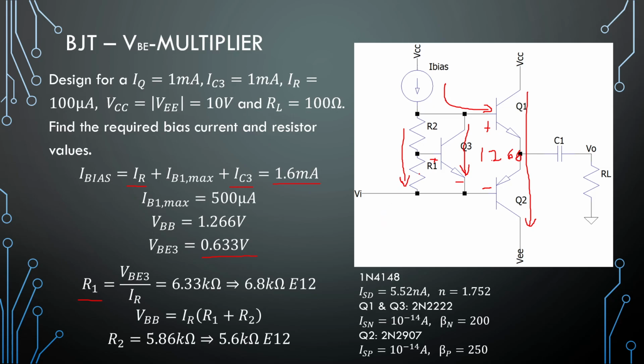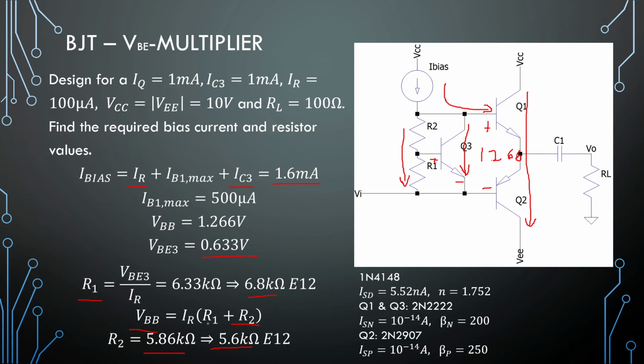We can find a value for resistor 1. So VBE of 0.633 over 100 microamps is 6.33 kilo ohms, closest 6.8 kilo ohms. Then we can plug in the VBB value that we want and find our resistor 2 value. That is 5.86 kilo ohms, and let's choose that at 5.6 kilo ohms for our E12 value. Okay, and that is the design